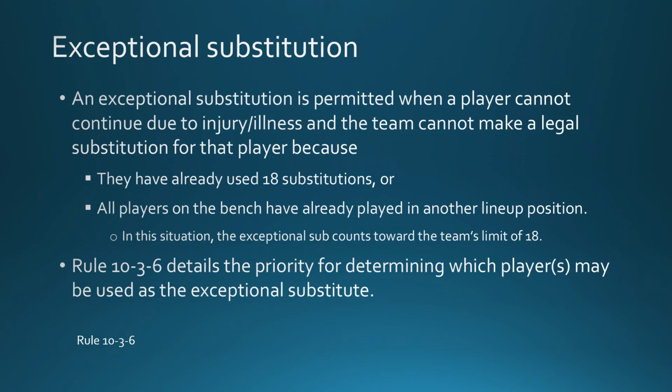Note that if the team has not already used its limit of 18 subs, then the exceptional substitution is counted toward that limit. Rule 10.3.6 details the priority for determining which players might be used as the exceptional substitute. If the reason the team couldn't make a legal substitute is because they've already used 18 and they have a player on the bench who's not played in the set already, that would be the first option. Or if the reason they can't make a legal sub is because all the players on the bench have already played in another position in the serving order,